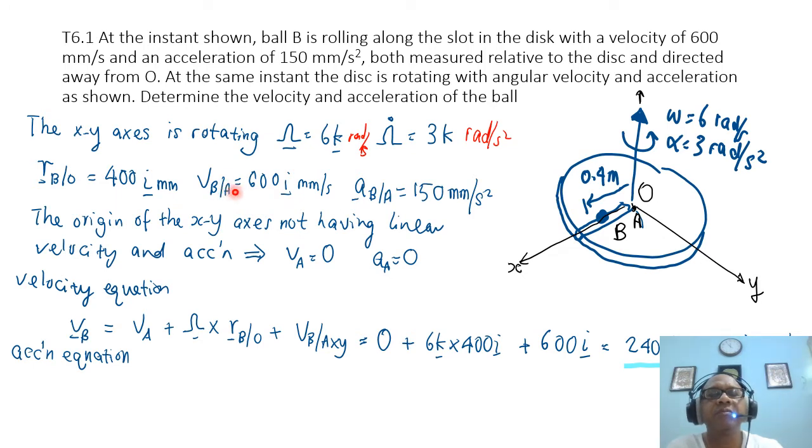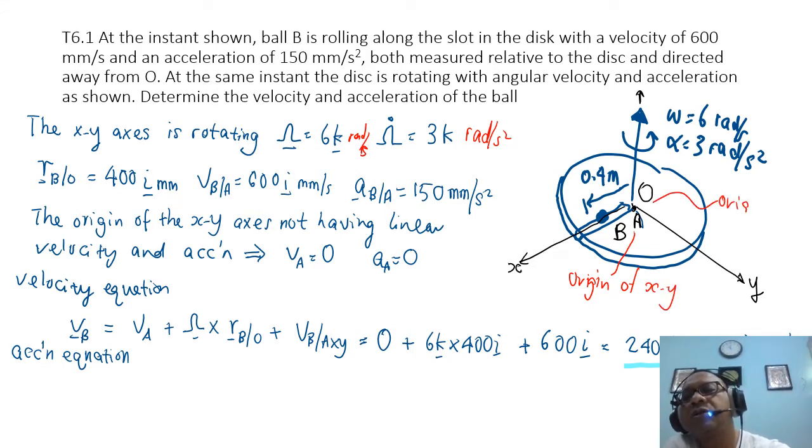The reason I put an A here, because you usually reserve O for the big capital XY. So now I'm using the small xy, the rotating axis, and I put A as the origin of small xy, whereas O is the origin of big capital letter XY, the global and the local coordinate. So then I can find the velocity of B relative to A, 600 i, and the acceleration is 150